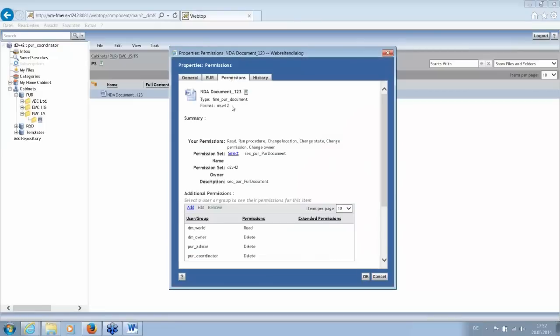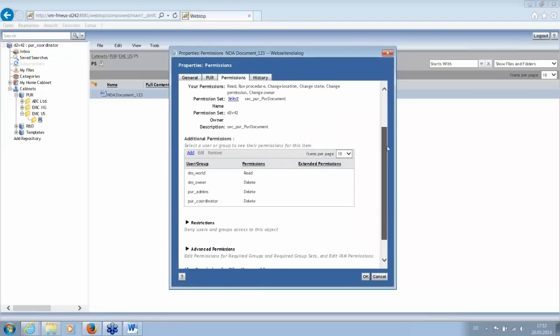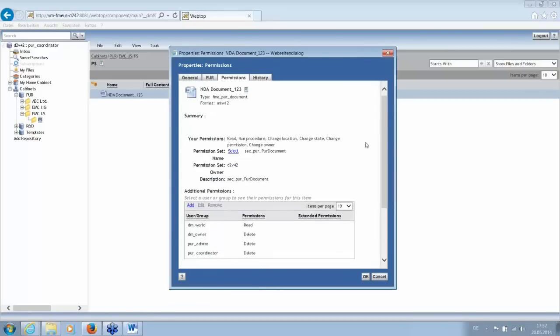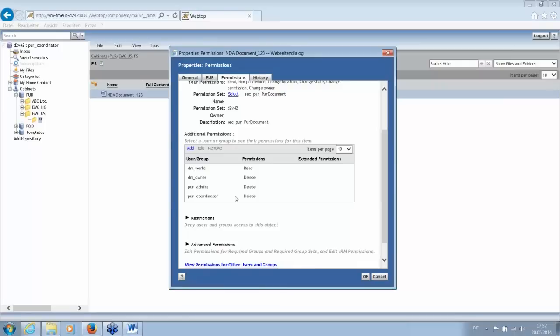Yeah, and now on the permission tab, I see that I have only read permissions, but the ACL says I have delete permissions. So this is a feature of the content server,